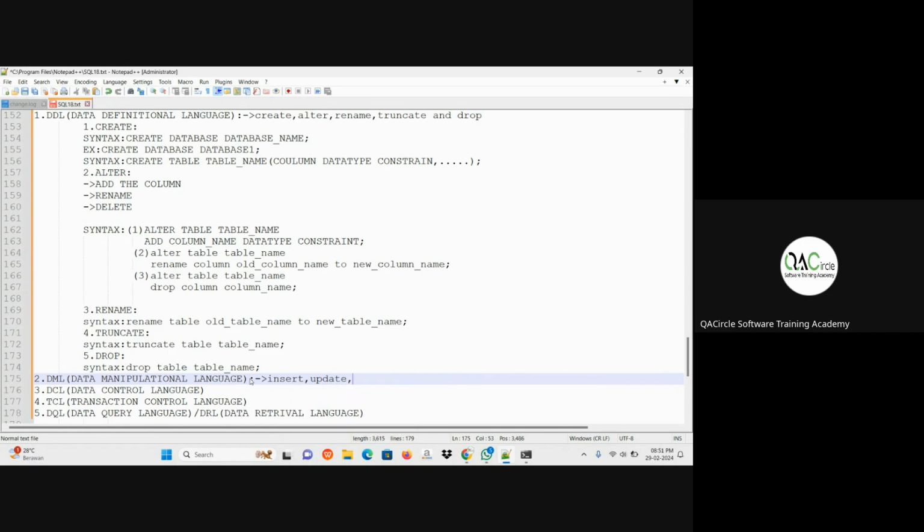In the same way, take down the second one, that is DML. Full form of DML is data manipulation language. Under this, we will have three statements: insert, update, and delete.